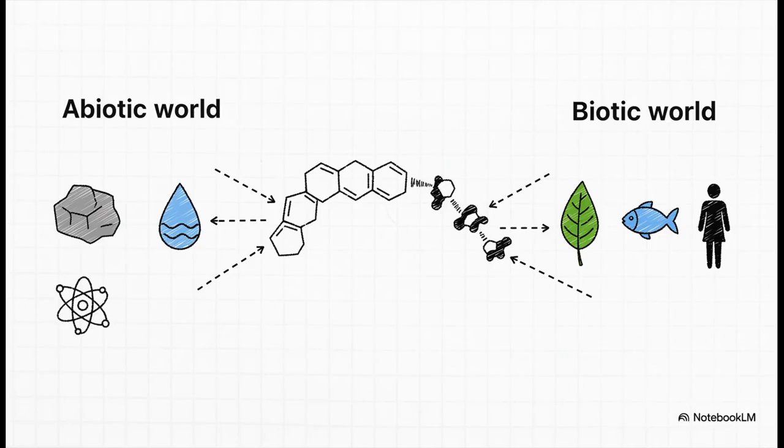So you've got the stage and the actors, but how do they actually connect? Well, there's a bridge, and it's made of organic compounds. Think about it. Things like carbohydrates and proteins take those non-living abiotic elements, carbon, oxygen, nitrogen, and assemble them into the literal building blocks of life itself. It's how the non-living becomes living.